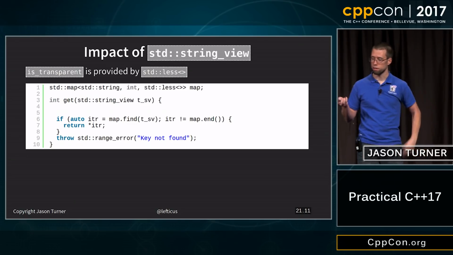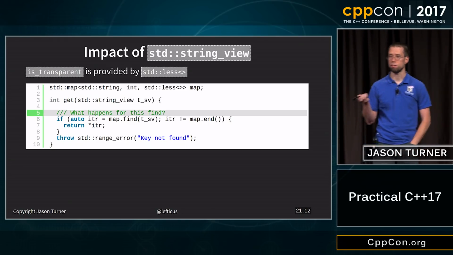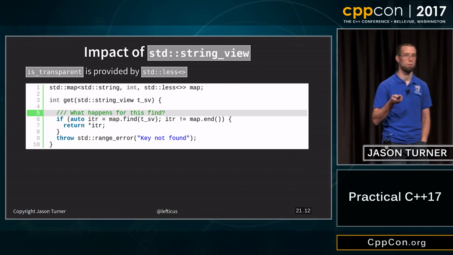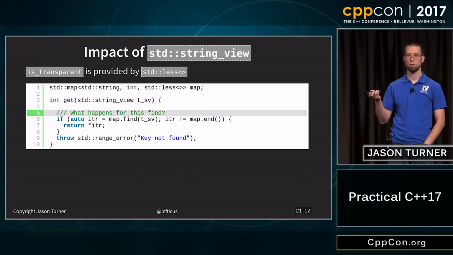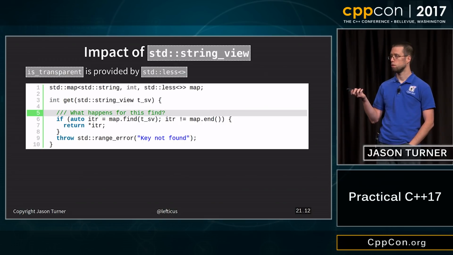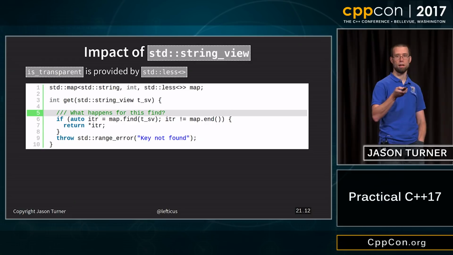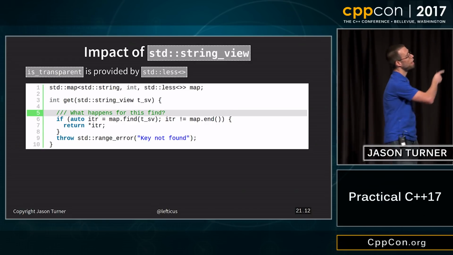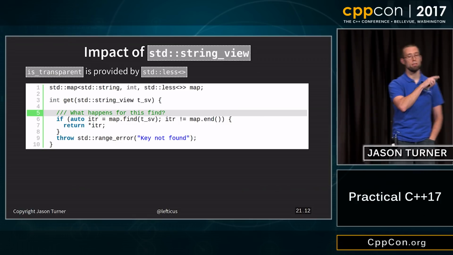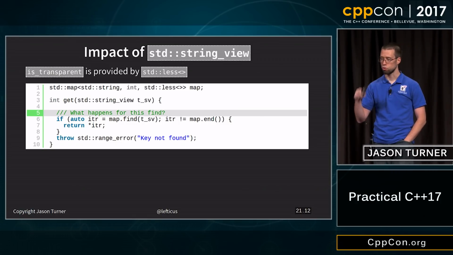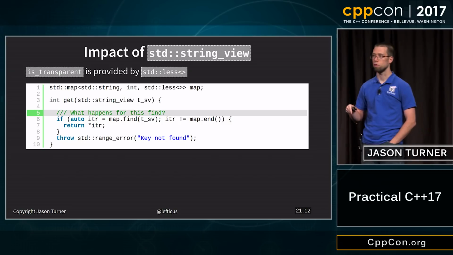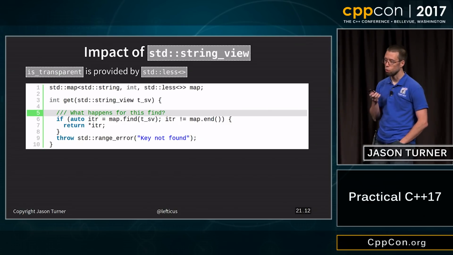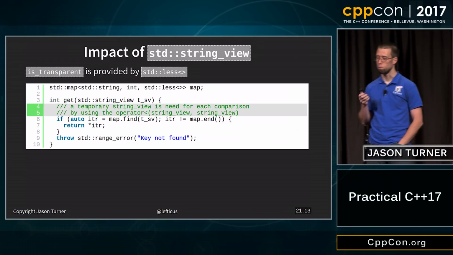So the question is, now what are we doing when this find is called? Because we're using this less than comparison. Real quick, anyone? So every comparison, I'm just going to move forward, sorry. For every comparison that happens, we are having to implicitly convert the stored string in our map into a string view so that it can be less than compared. So this is going somewhere. How do we do better?